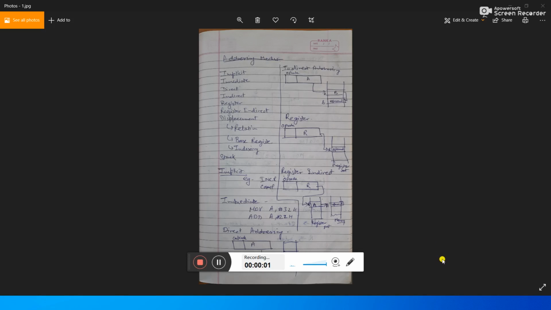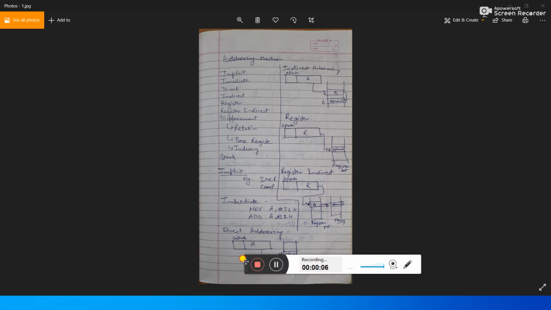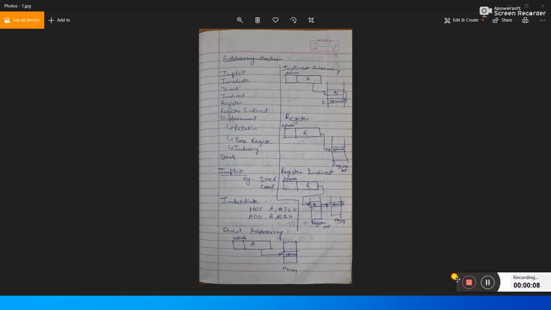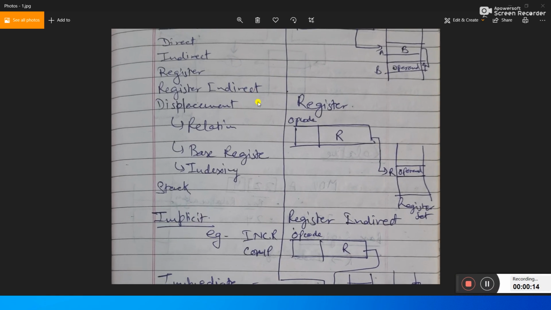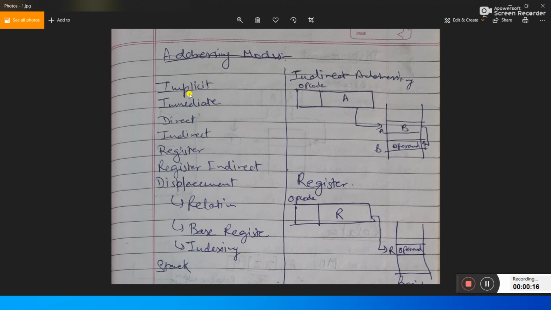Hello students. So today we are going to discuss the addressing modes, and let's see what the addressing modes are and how they are important for us. You can see on these notes that addressing modes are of some types. One is the implicit addressing mode, immediate addressing mode, direct addressing mode, indirect addressing mode, register addressing mode, register indirect